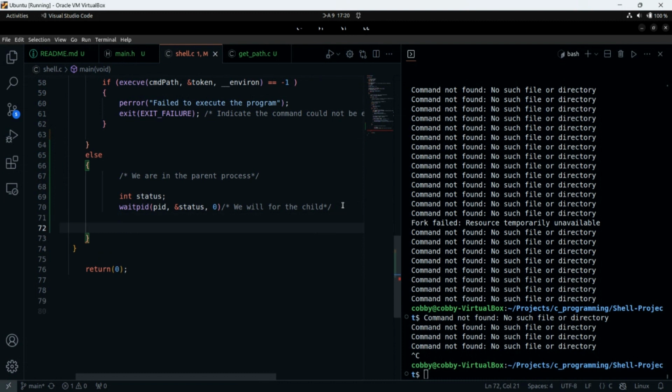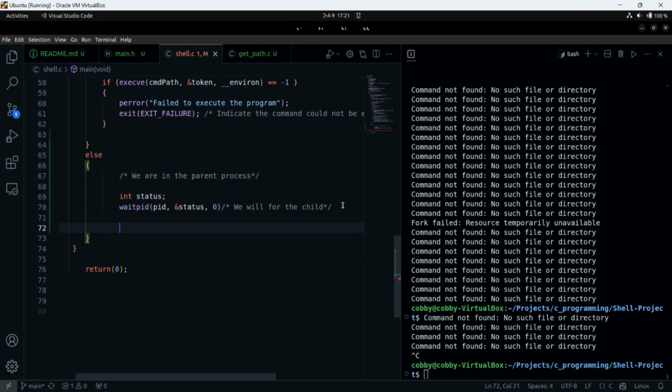We've used wait. Now we want to use conditions to check, like let's say if the waiting status returns an error. I always say that we need to make sure to check for exceptions. So in situations where the PID, the process ID, of the child returns, we want to get that return and depend on it to know if our program was executed successfully or not. So we can continue.